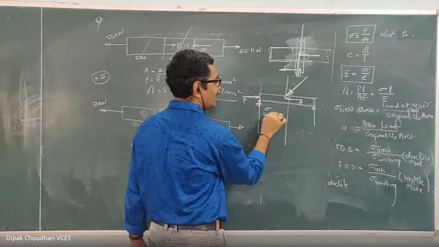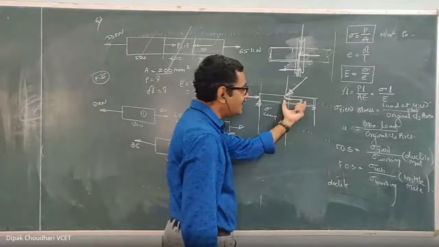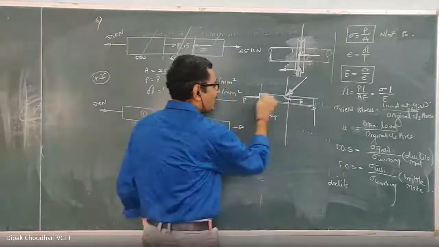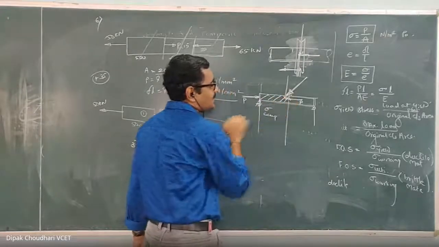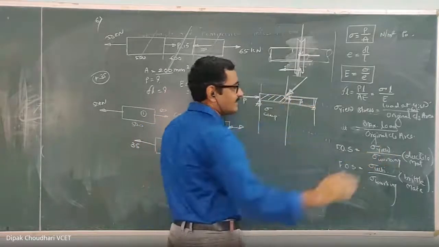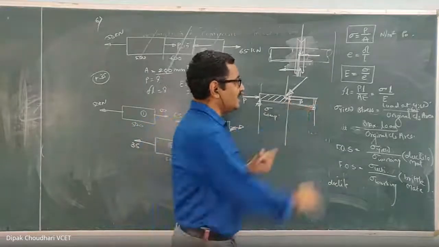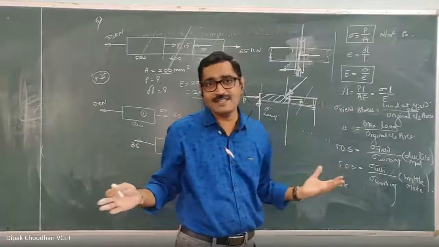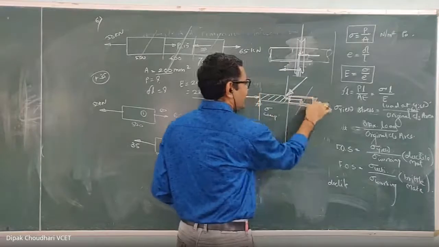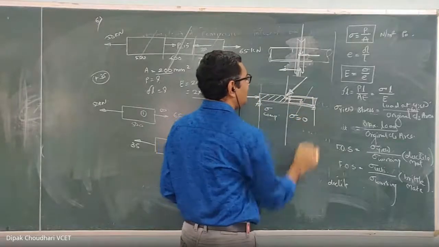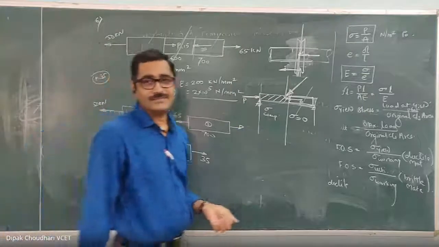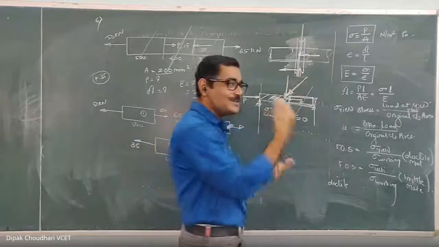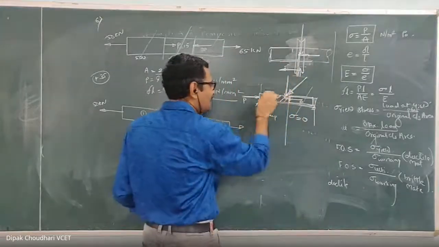कौन से stresses induce होंगे? कंप्रेसिव। अभी ये फोर्स कहां से आया? This is because of this external applied force, it is a component of that external applied force here, and because of this, this part is subjected to the compressive loading, and on this part there is no axial force. If you take the section of this and take the algebraic summation on any one side, there won't be any axial force here. So in this second part, how much axial stress will be induced? It will be 0. Understood? Here these are the stresses induced because of the axial forces. This vertical component is also responsible to induce stresses. Now because of this vertical component, it will bend.